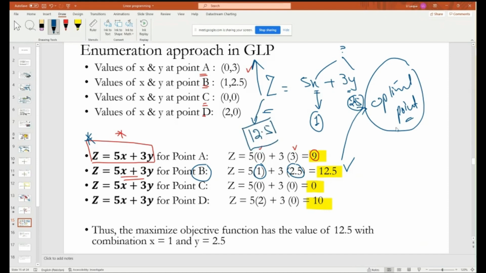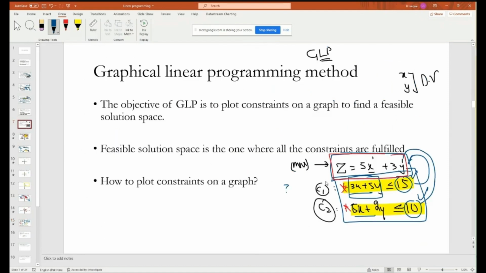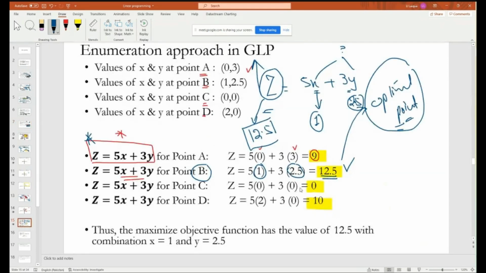Now, there is something unique about this optimal point. You cannot increase, and I am saying that again, you cannot increase the value of z, which is a maximization function value, beyond 12.5 with these constraints. If you are using these constraints and you are not changing them, you cannot increase the value of z further beyond 12.5. Now, that is the end of the part second of that small summary video, which